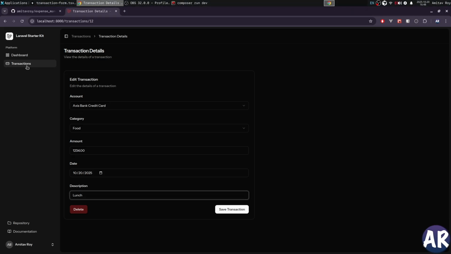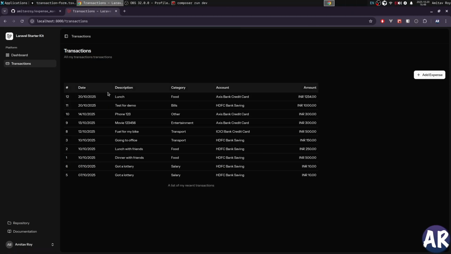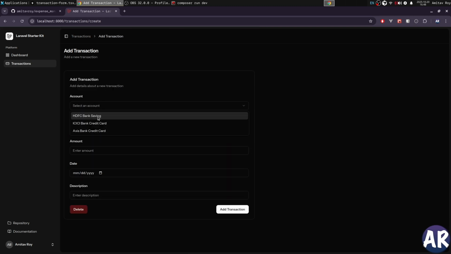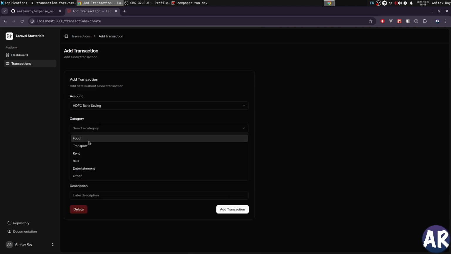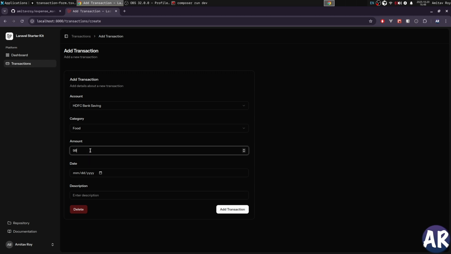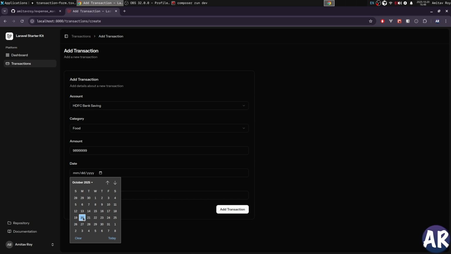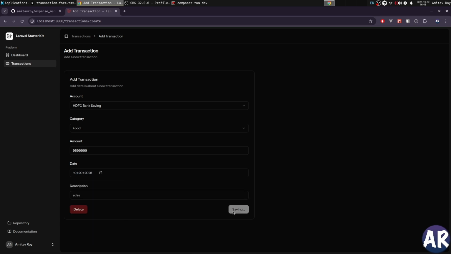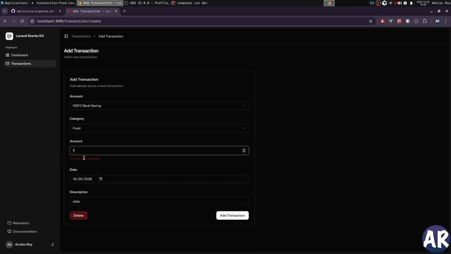And if you see, I can create a transaction. So for example, right now I can do anything actually. I can select this, I can select this. By the way, I have validation messages as well, so if your balance is not enough, it will complain. So for example, if I do it like this, it just does say that you have insufficient balance. Now if I do 10, if I hit save,